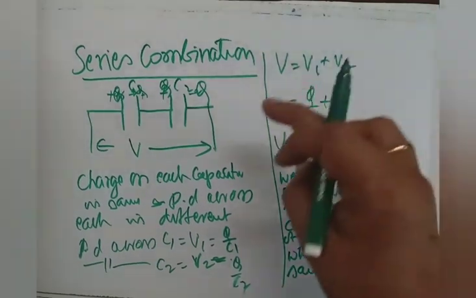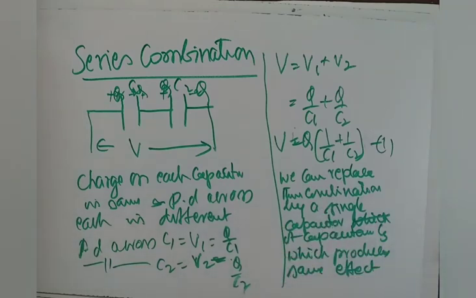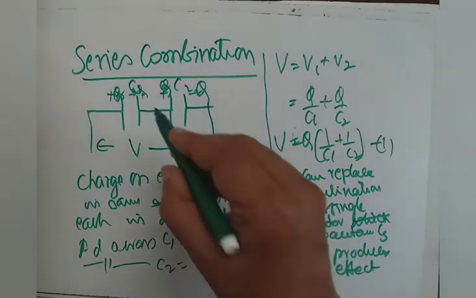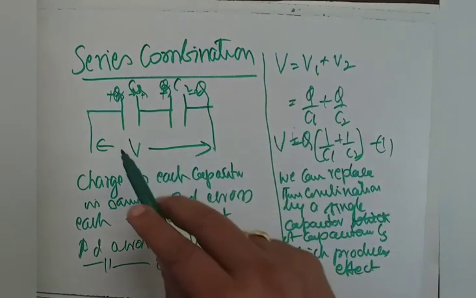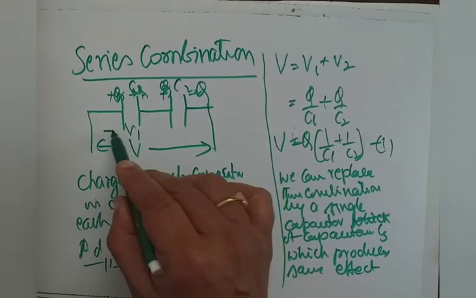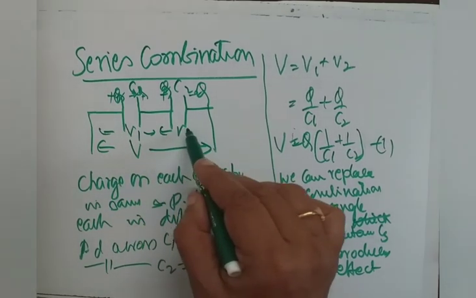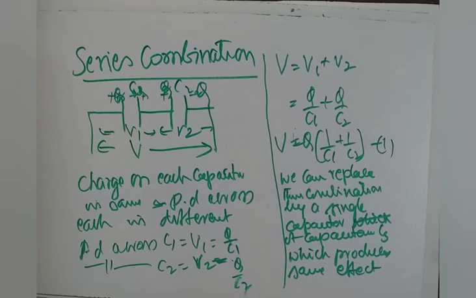Observe. Series combination means two capacitors connected end to end, and in series combination, charge on each plate remains the same, plus Q minus Q plus Q minus Q, like that, and charge on each capacitor is the same, and potential difference is different because C1, C2 are different there. Now, potential difference across C1 can be written as V1 equals Q by C1. Potential difference across C2 can be written as V2 equals Q by C2.